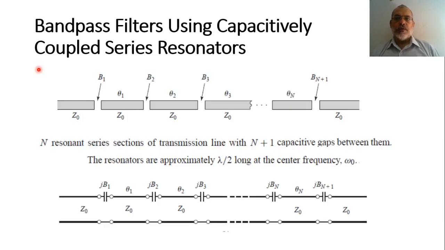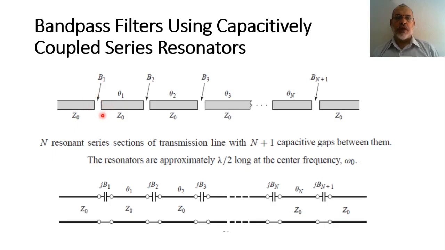Another type of microwave filters is capacitively coupled series resonator filters. Capacitively coupled series resonators are usually used for bandpass filter types. Capacitively coupled series resonators are composed of capacitive gaps between printed line structures,